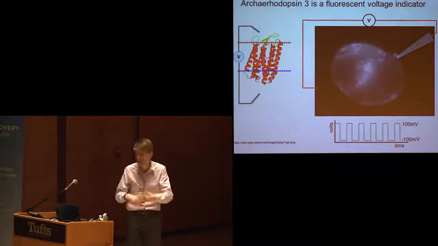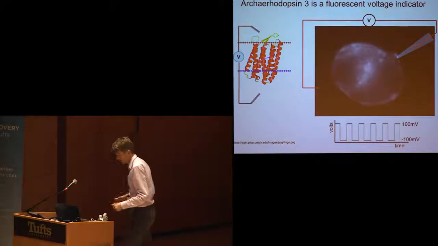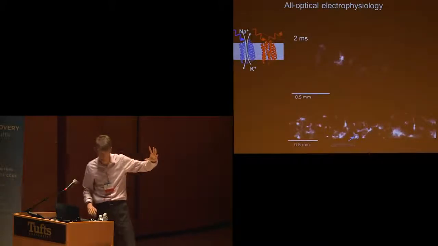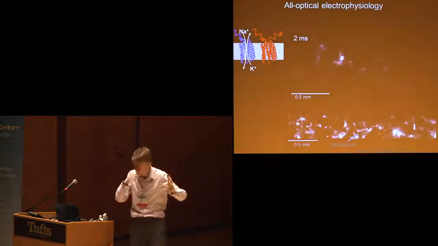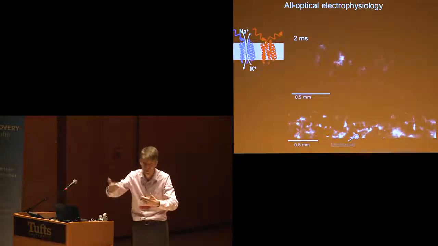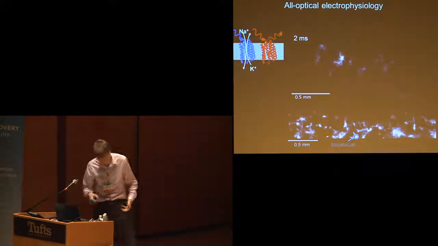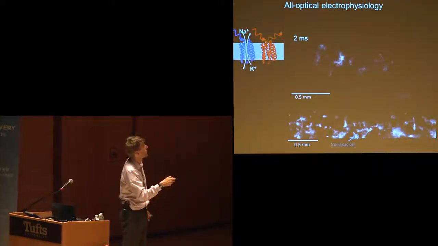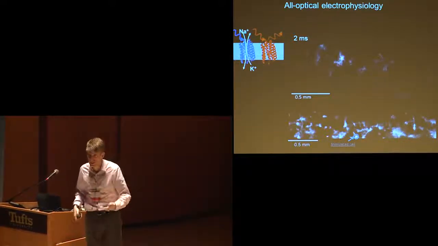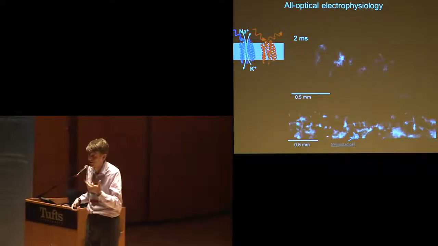By taking this protein and now expressing it in other cell types, we can start to make movies of electrical signaling in cells. Now here we have a passive reporter of the electrical activity in the cell. It's useful to be able to stimulate the cell with light as well so that we can have a bidirectional optical interface with our cells. To do that, we expressed a second protein, a channelrhodopsin protein, which acts as a light-gated ion channel. This protein is derived from an alga which lives in a freshwater pond in the south of England.